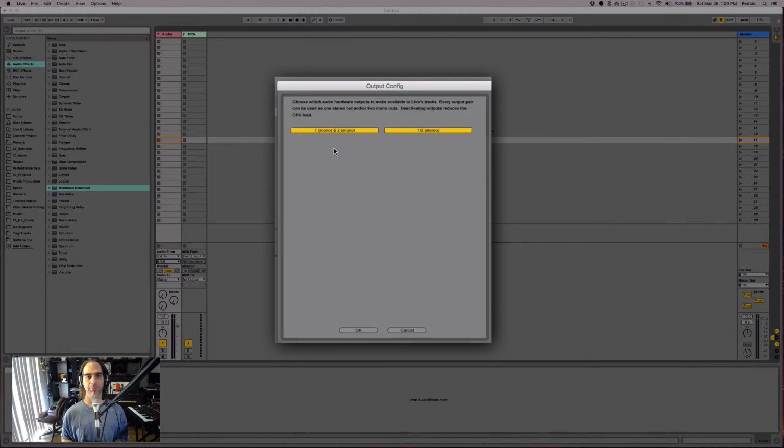Or if you want to send track separations to the front of the house in a live scenario, which is really good. So the front of the house engineer can make you sound really good. So if you're running your vocals through live, I highly recommend sending a direct feed out on a separate channel to the front of the house so the front of the house can mix your vocals. Same with guitar or bass or anything like that. The more you can give the front of the house engineer, the better you'll sound because you can't mix yourself